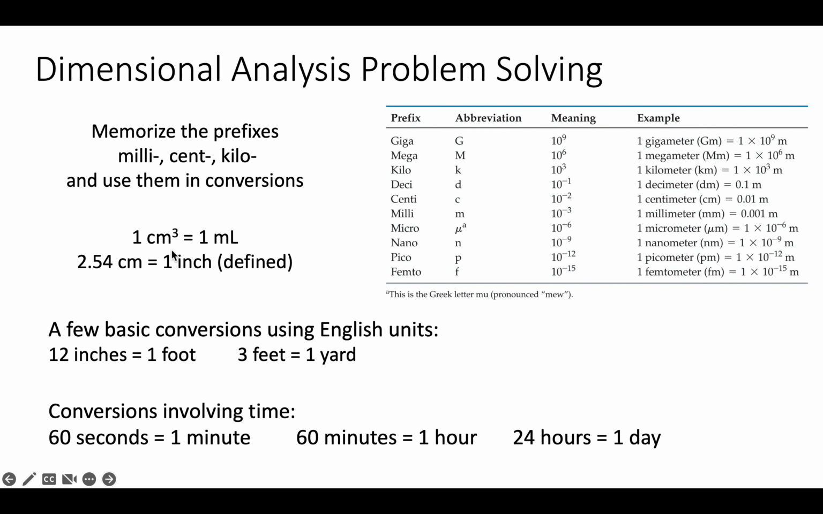The conversion between cubic units and volume, the bridge between those, of a cubic centimeter is a milliliter. That's a very useful one that they're going to have to use. And similarly, our defined value of 2.54 centimeters equals 1 inch, that's another one that's important to memorize. That allows us to go from our metric system into our English system, and vice versa when it comes to